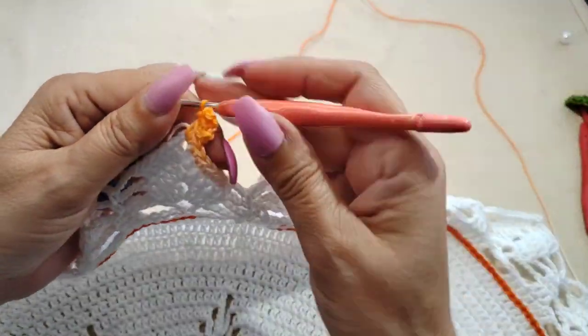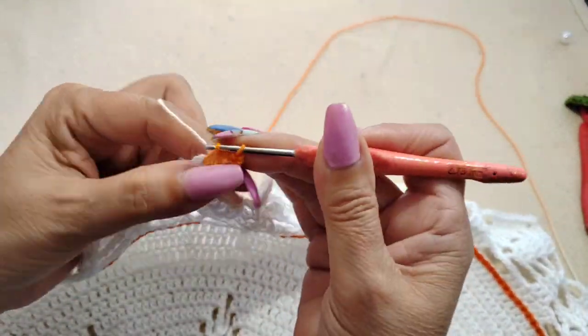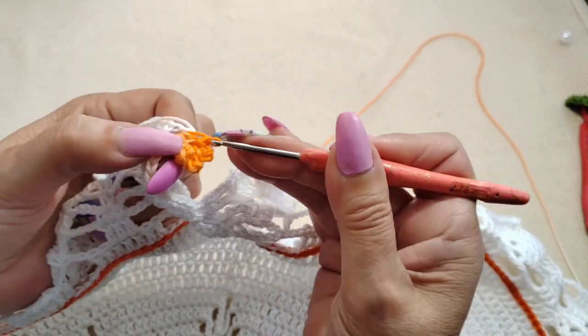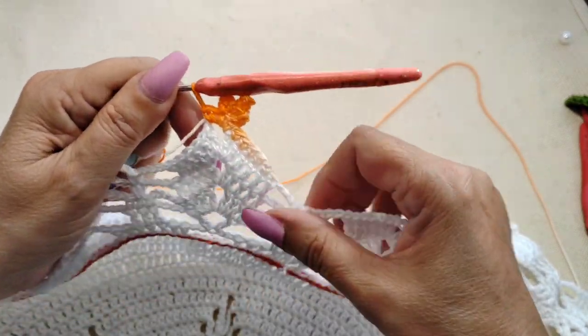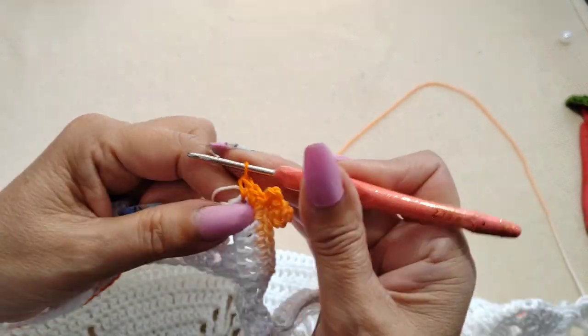1, 2, 3 chain, back into that same one, slip stitch, and then I'm coming back in, doing 1, 2 singles, and then single 1 per stitch,